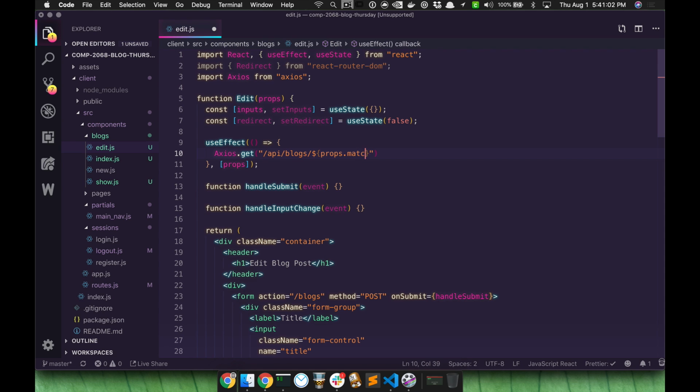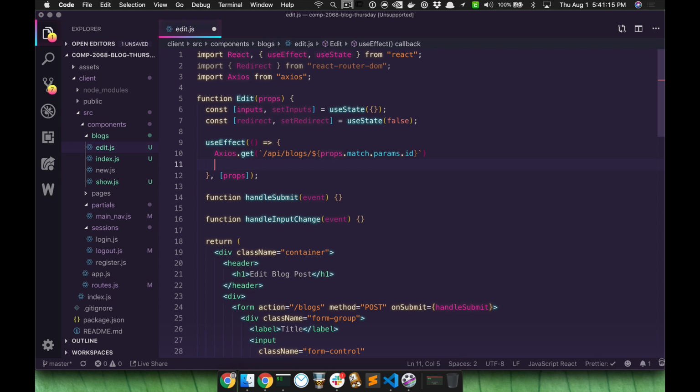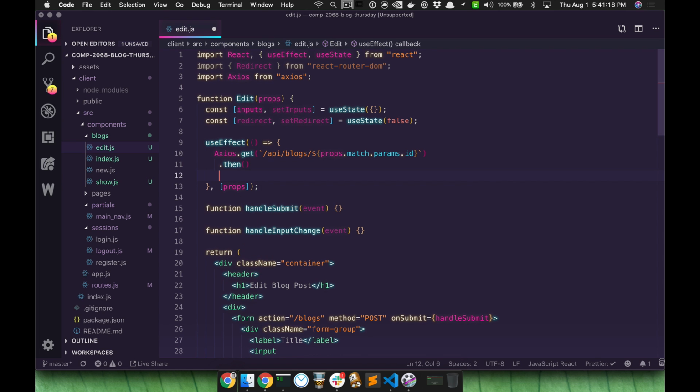props.match.params. Good idea. Yeah, and I need backticks, not quotes. Dirty backticks. That's correct. And a dot then, and a dot catch, because it's a promise and we're returning. Let's just finish out the catch right now because it's silly and simple. Console.error, error. And in the then,